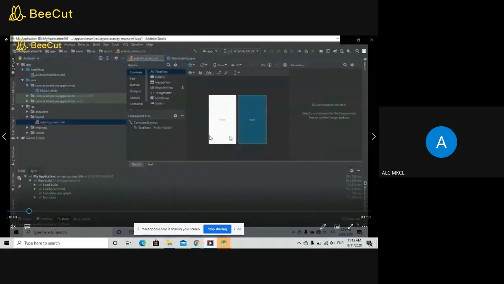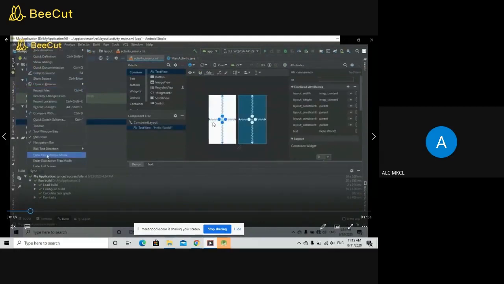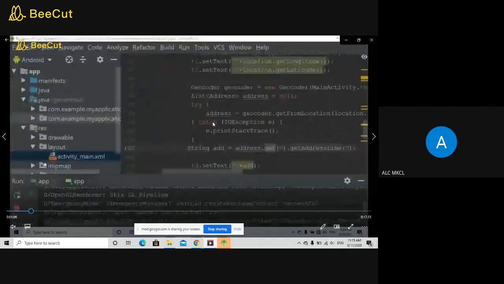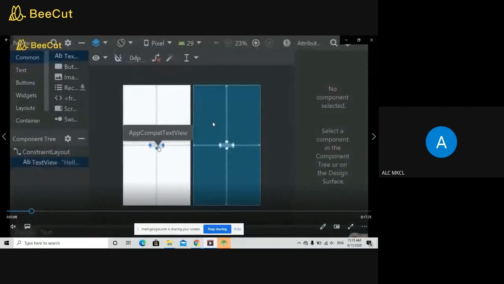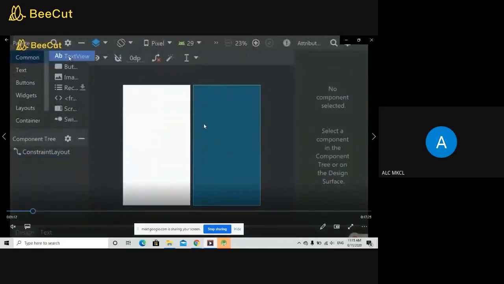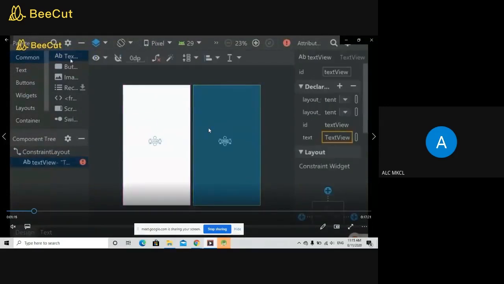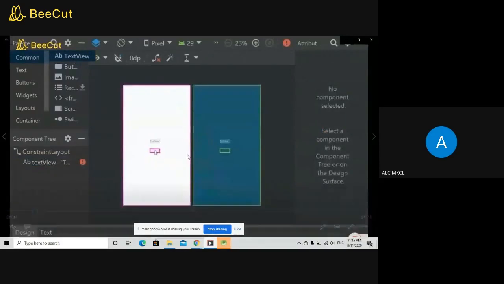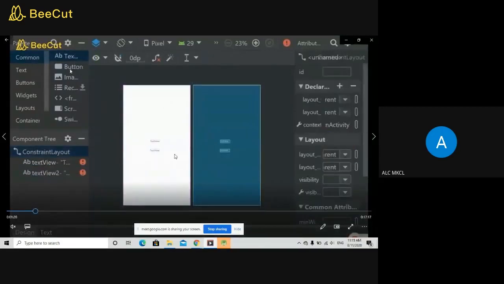So let us go to designing the user interface. Just delete whatever you have. Basically, you're getting some text over there. Just delete that text. Take 2 text views, one to display longitude and the other to display latitude. Just see here how I'm taking the text views.